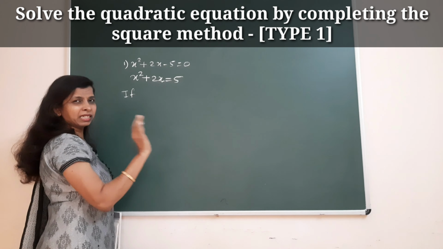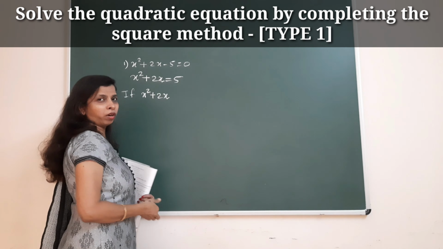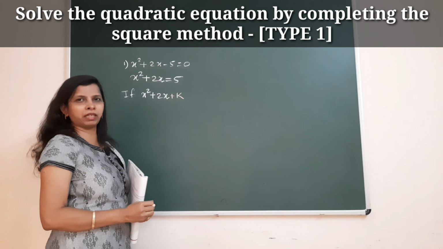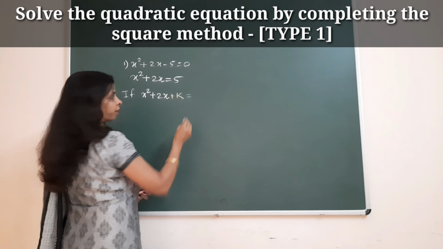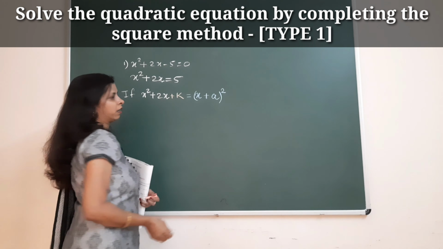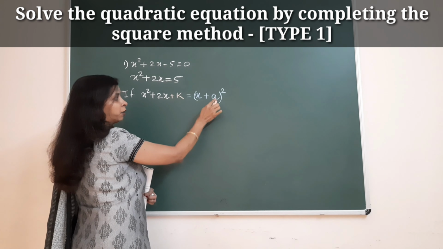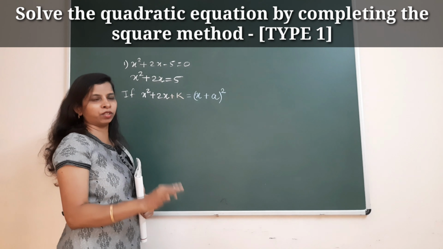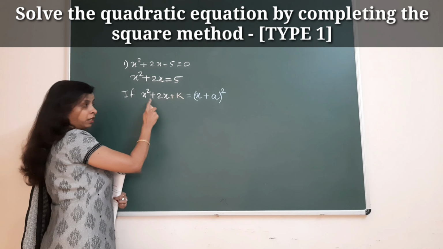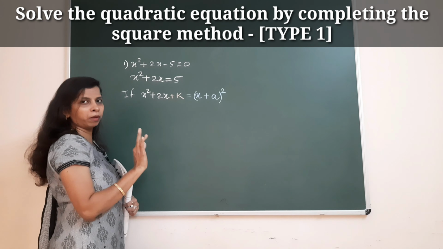The LHS as it is, you write down x square plus 2x. Now what am I going to write? Plus k, this is equal to x plus a the whole square. Now this k and this x plus a the whole square will be as it is. You will have to write this only for all the sums. Wherever you see plus here, then this should be plus. First I will show you how to do the plus one.